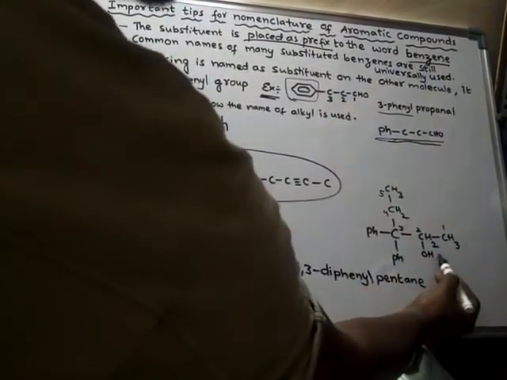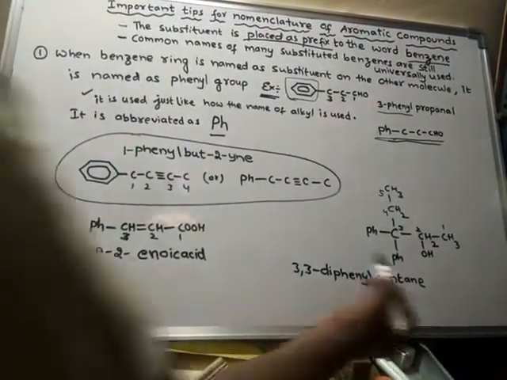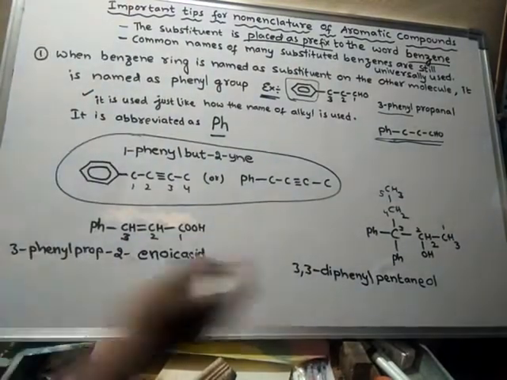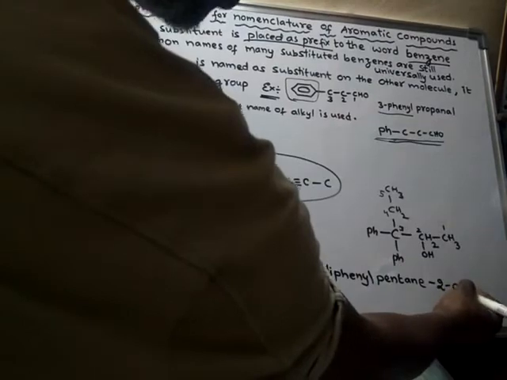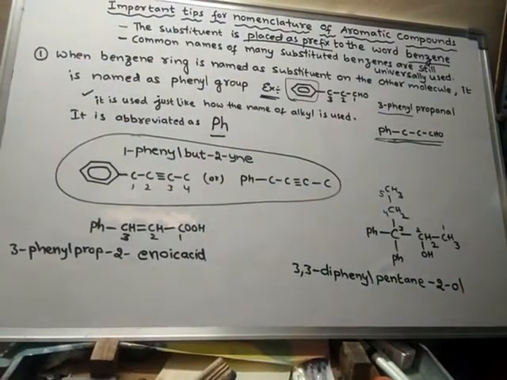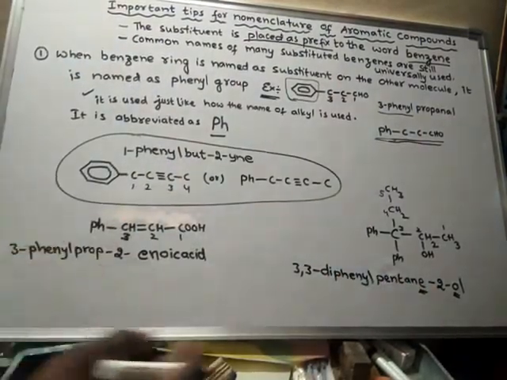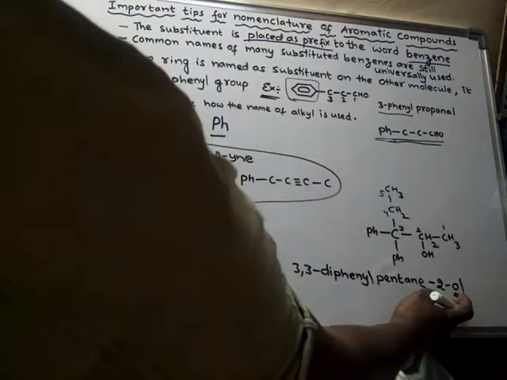And the alcohol functional group, so what is the secondary suffix name for alcohol? Ol. Where is it present? On the second carbon, so that means 2-ol. We should not forget the basic thing that after E, the letter O or any other vowel or Y should not come. So if any vowel or Y comes after E, that E should be removed.